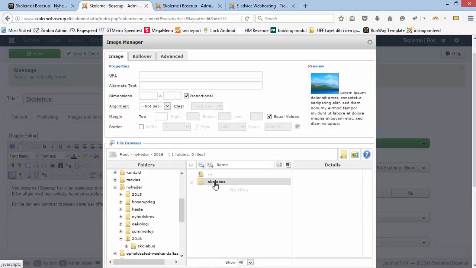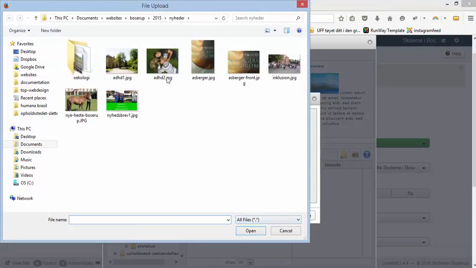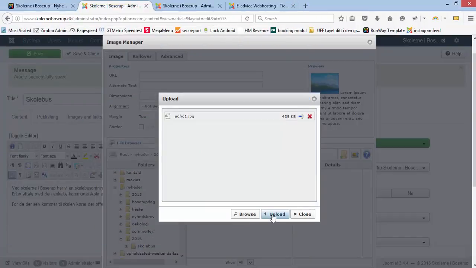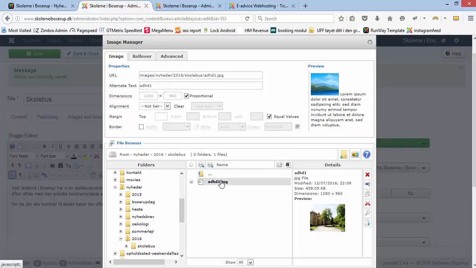Now I have a folder. I open it, and now I can upload a picture that I want to insert. I browse. I found a picture on our website. This is just a demonstration, so I just choose any picture and I upload it. I have 1 picture here now. I double click. As you see, it's not inserted yet. I double click